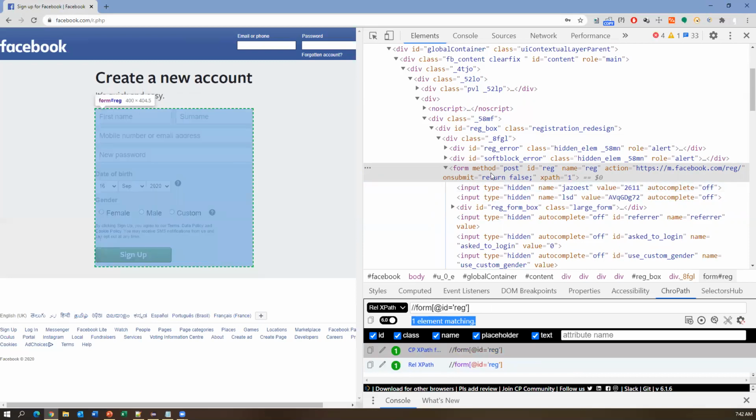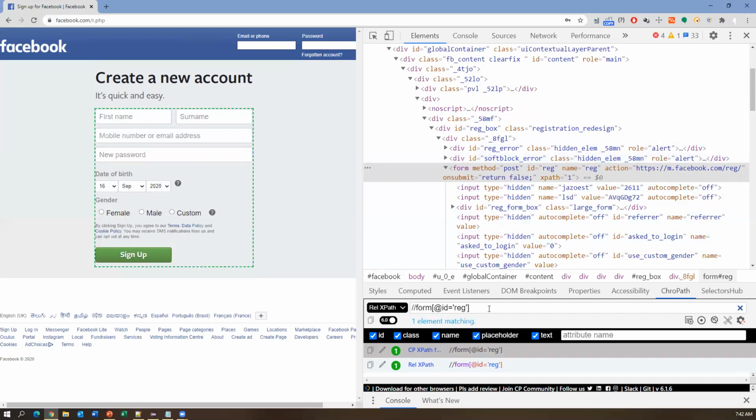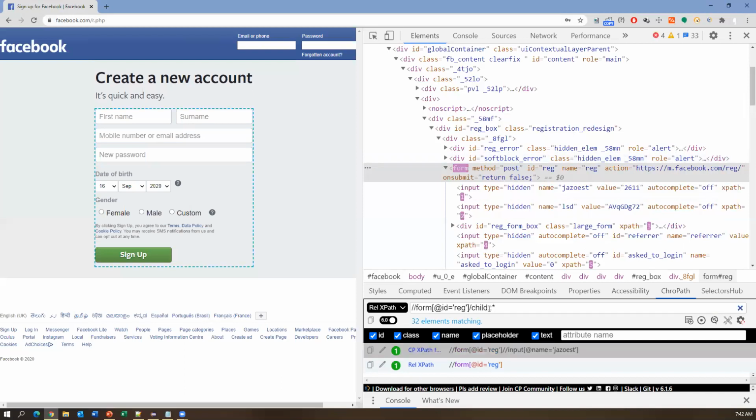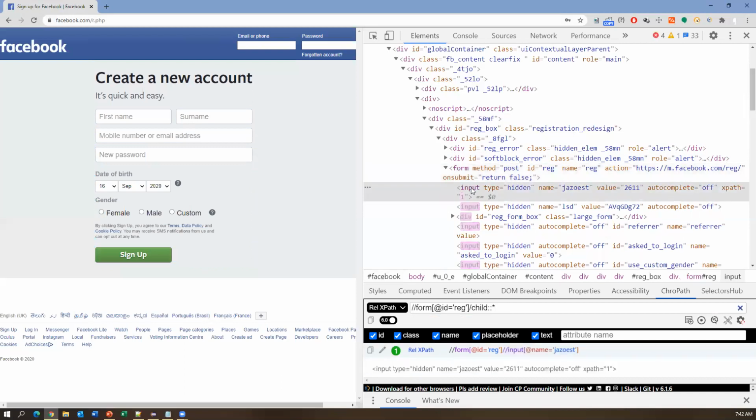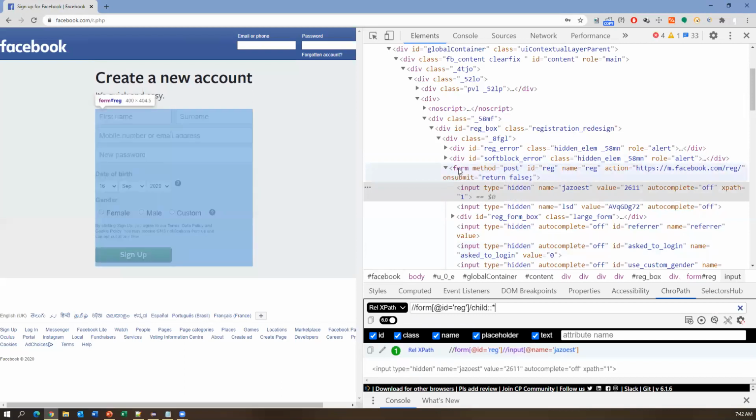Okay. So if I just look in this form, there are some input fields. So this is the first input, second input, div, and this is another input. There are multiple things there. So from this form, if I just say colon colon child, colon colon and say star, now observe this. So how many elements is it giving? 32 elements, exactly 32 it is matching. Okay, so 32 elements are matching. So inside the form, we have all the elements. So this is input. I think this form is a different one, guys.